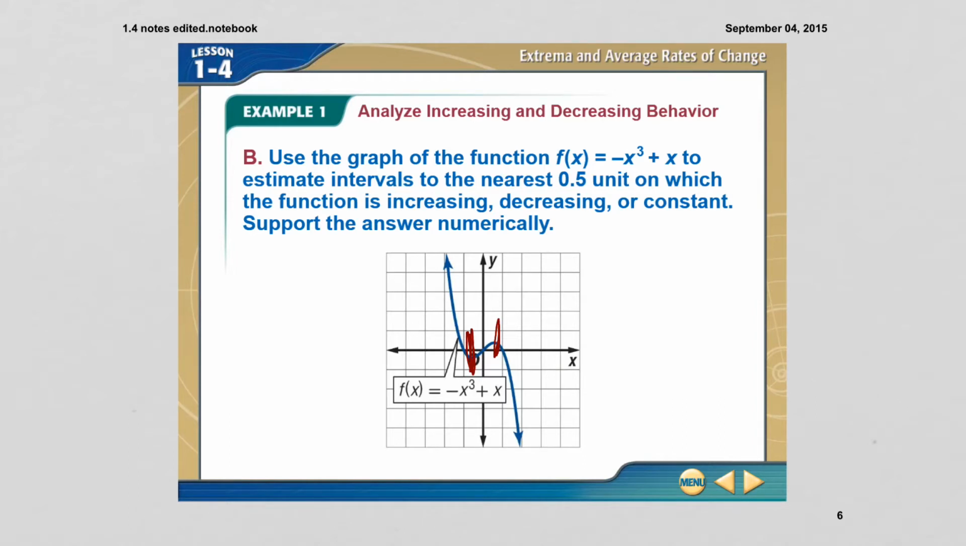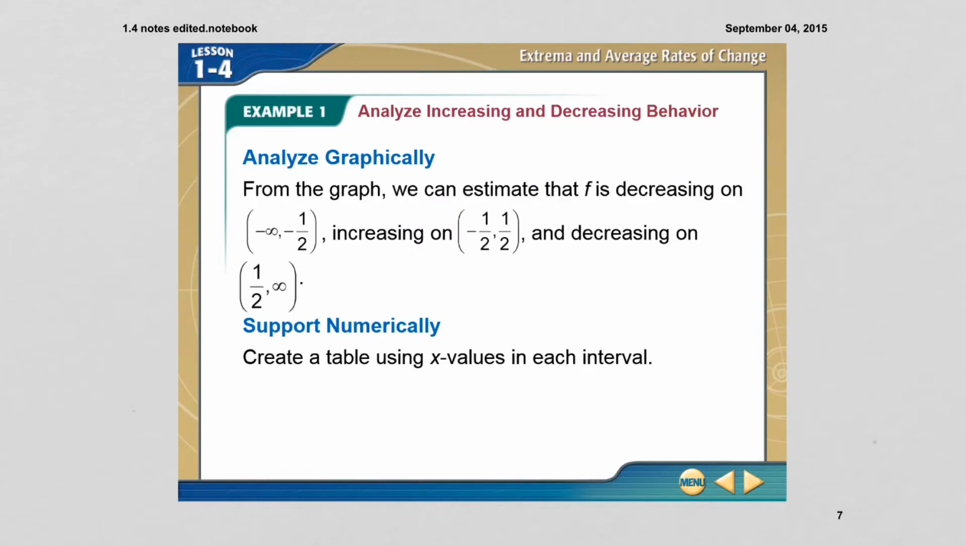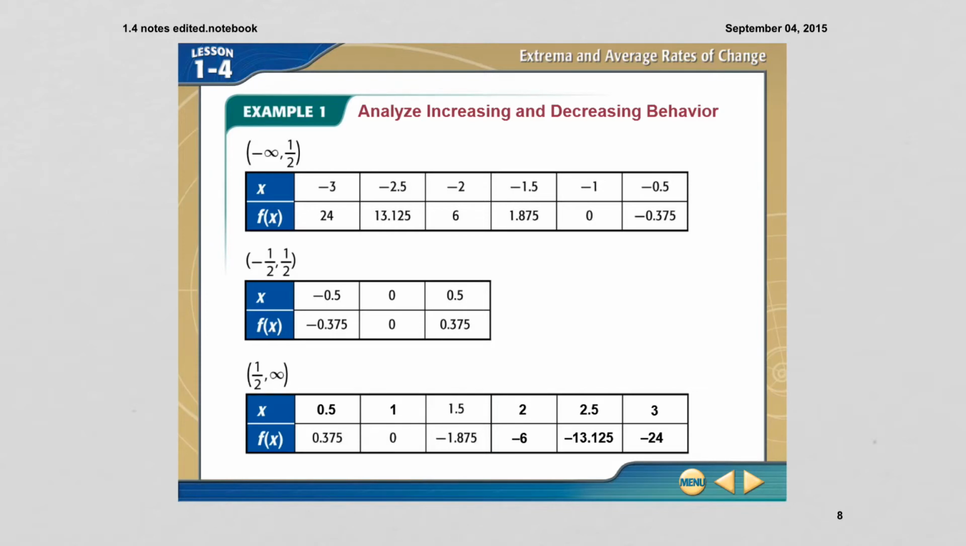So let's check that out using a table. Okay, again, our graph, we can estimate that f is decreasing from negative infinity to negative 1/2, increasing from negative 1/2 to 1/2, and decreasing on the interval from 1/2 to infinity. So we now are going to look at the table. We've got three tables because we have three intervals, from negative infinity to negative 1/2, from negative 1/2 to 1/2, and from 1/2 to infinity. We plug some numbers in, -3,